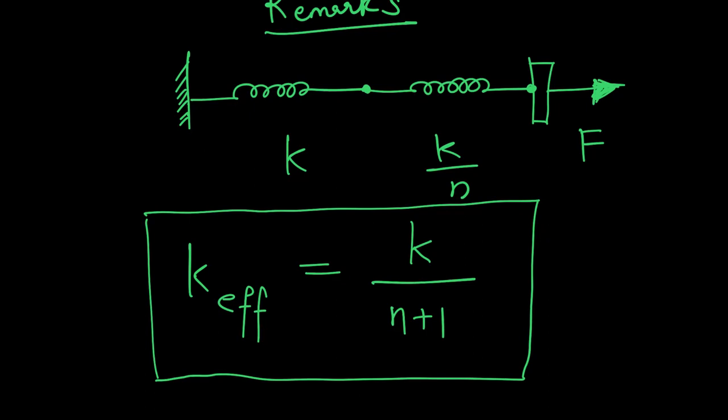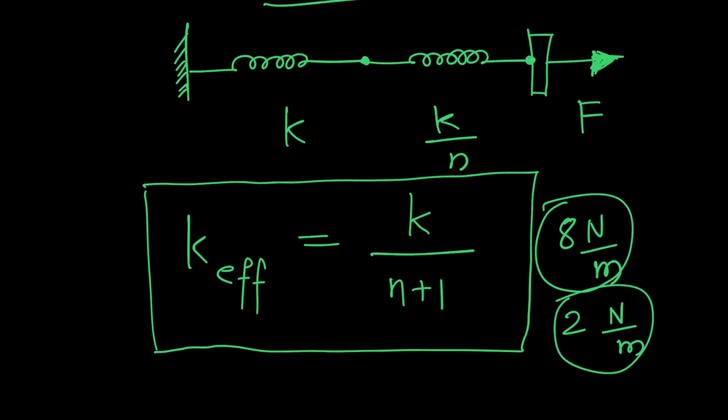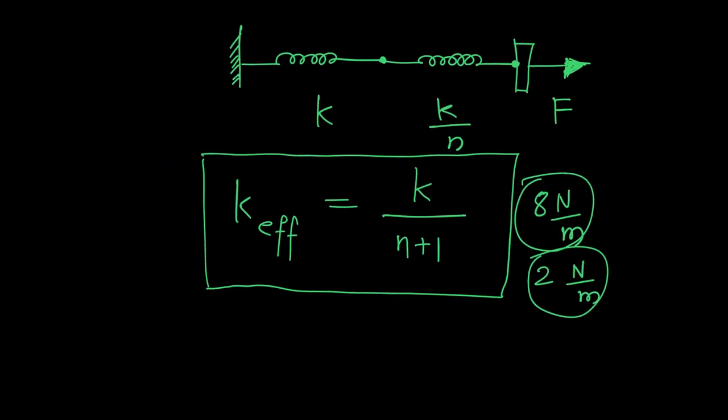For example, you have a spring with 8 Newton per meter stiffness, and you have another spring with a stiffness of 2 Newton per meter. Then if you are asked what will be the net stiffness if I connect these two springs in series, the answer is 8 by 5, because